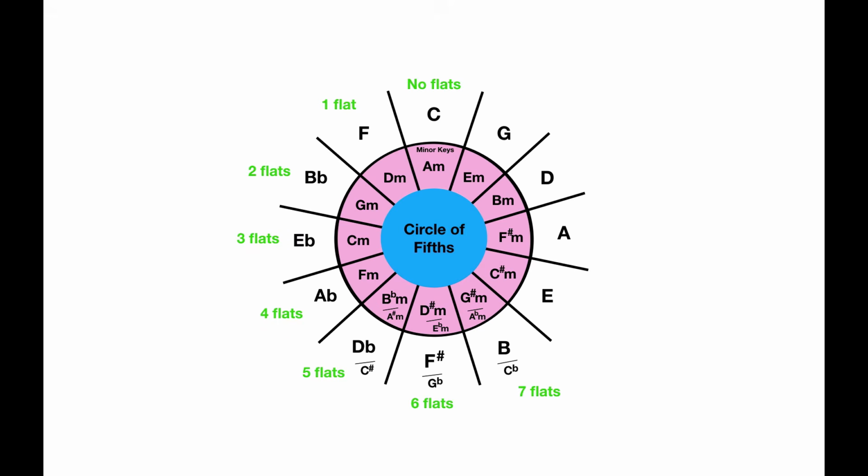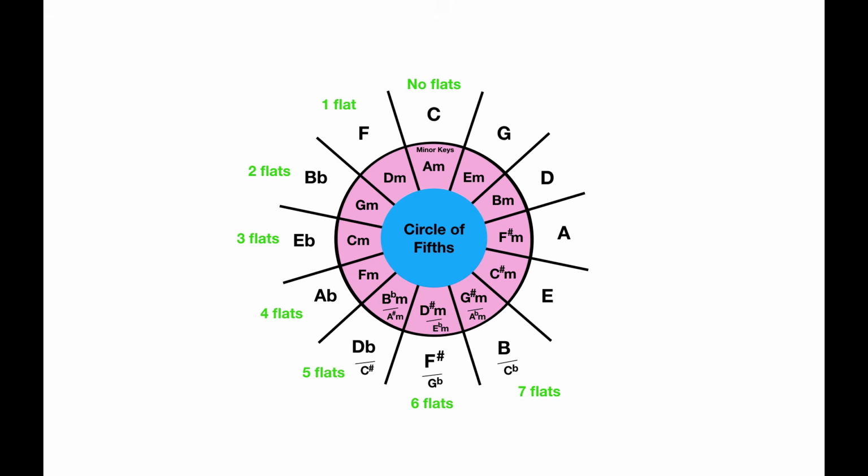And then to the left, anti-clockwise, we have an F. The F major has 1 flat in it. You've already learned that scale. The B flat major has 2 flats, E flat 3, A flat 4, D flat 5, G flat 6, and